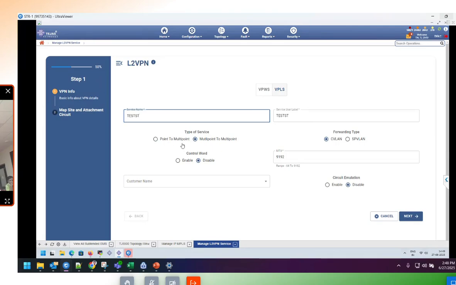And there is point to multi-point and multi-point to multi-point. Point to multi-point we can say as an E-Tree configuration. Here we can mention it as a hub and spoke kind of configuration. Multi-point to multi-point is where we can drop the service wherever we want, and it is like broadcast